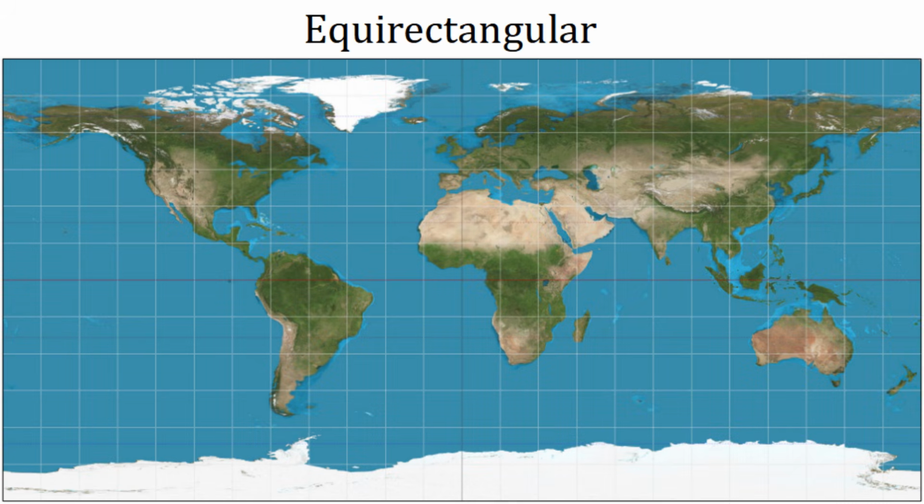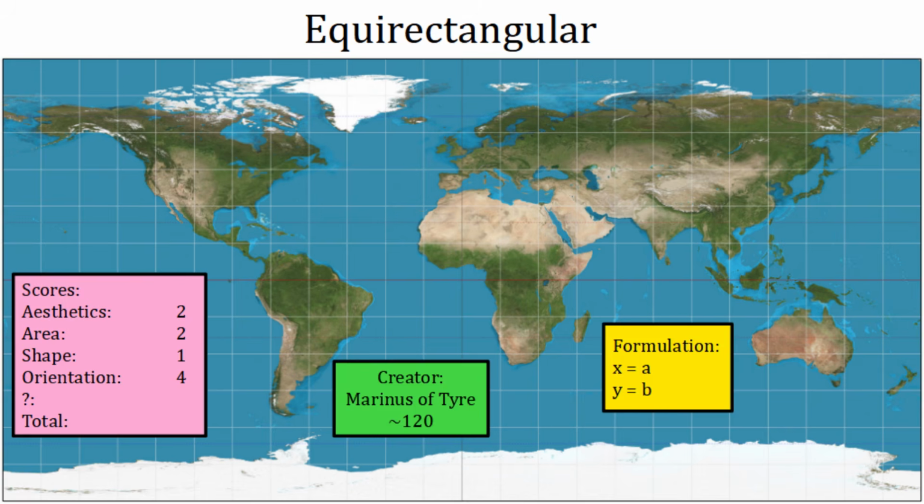The fourth category is orientation, or direction preservation. On flat square, no matter where you are, north is up, east is right, south is down, and west is left, giving it a perfect 4. The final category is